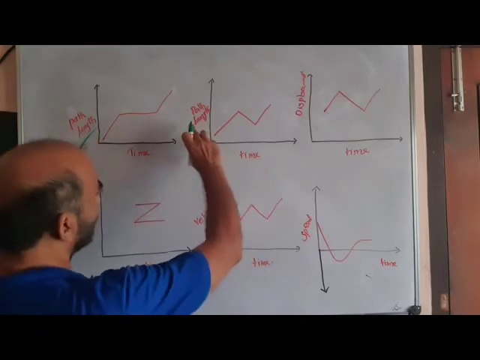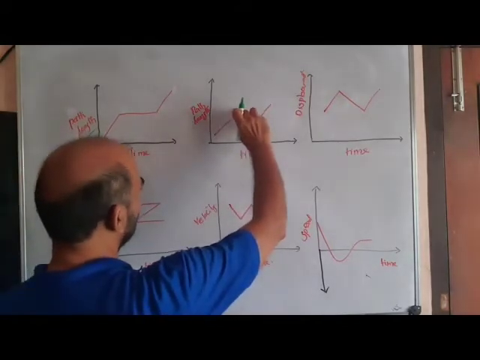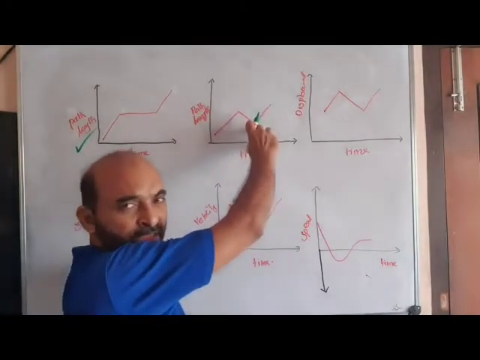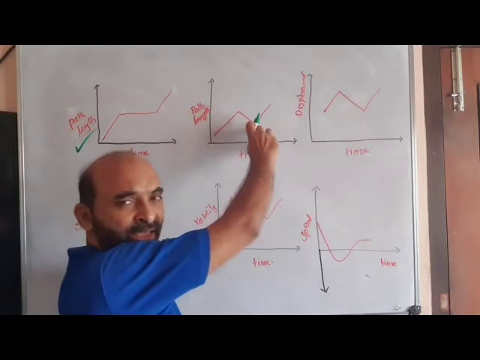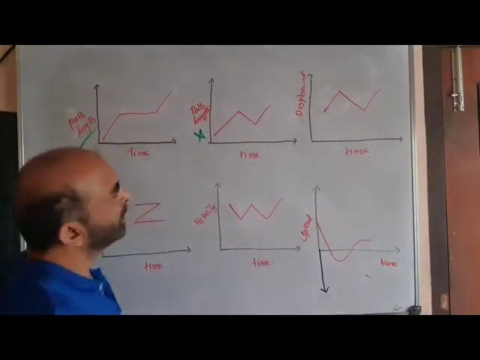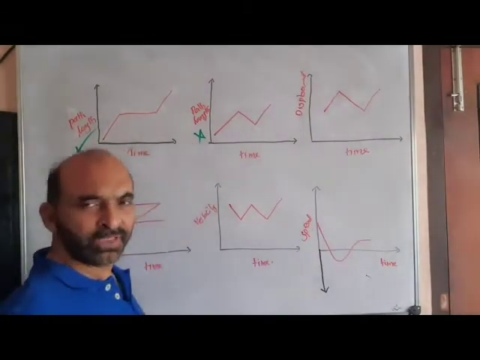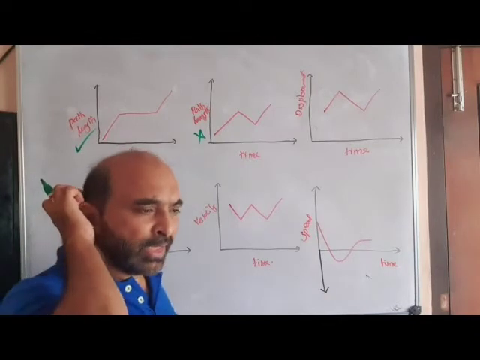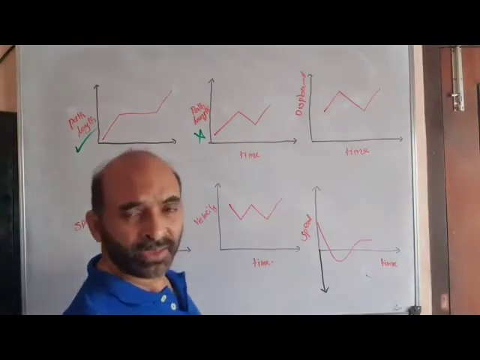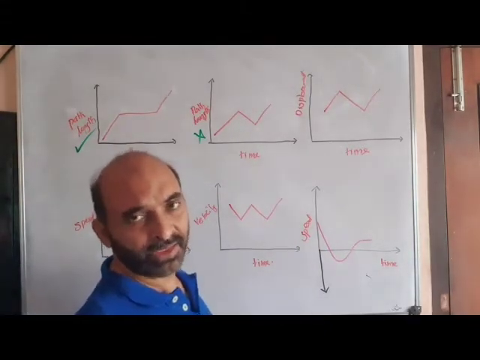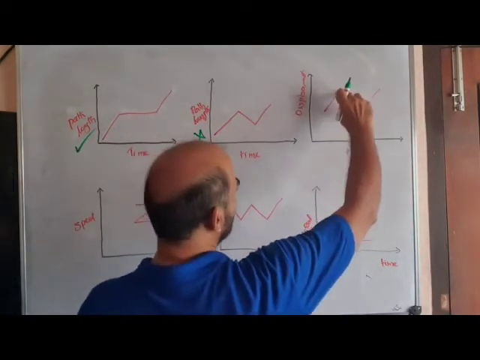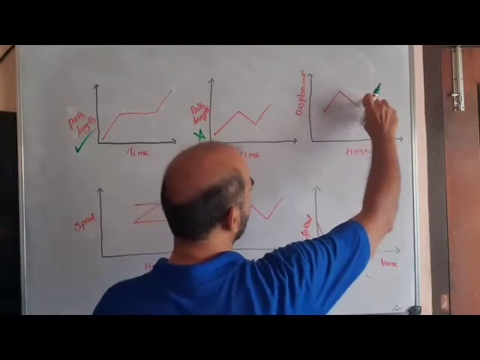No, again path length. First it is increasing with the time, then it is decreasing. That cannot happen. Even if the body traces back the initial path, path length just gets added up. It never decreases, and so this plot is wrong. Displacement is vectorial, and when the direction changes, even when treading the same path, it can decrease and can be negative. So displacement first increasing, then tracing the path back, so decreasing, then again tracing ahead, increasing.